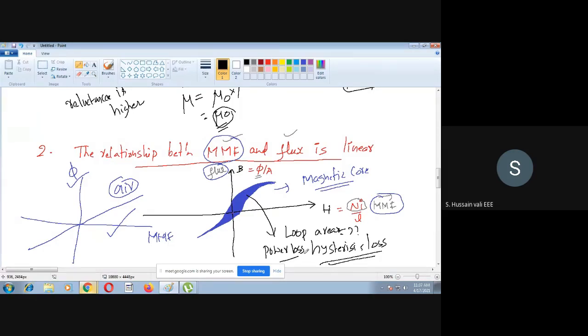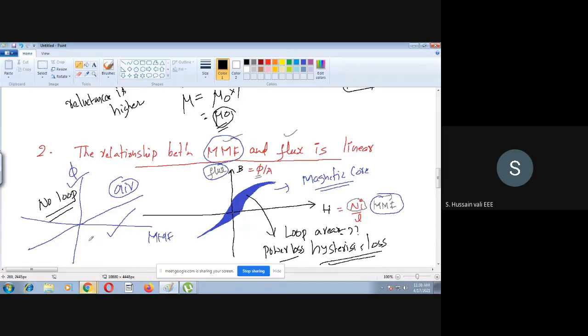Okay. So this is from the last class. If you remember, in the last class I showed you a magnetic core, and I also showed a video. For that magnetic core also, if you draw the BH graph, you will get a loop like this. This loop you call the BH loop, and that loop area represents hysteresis loss, which is a power loss. Now coming to the case of air, you don't have any loop.